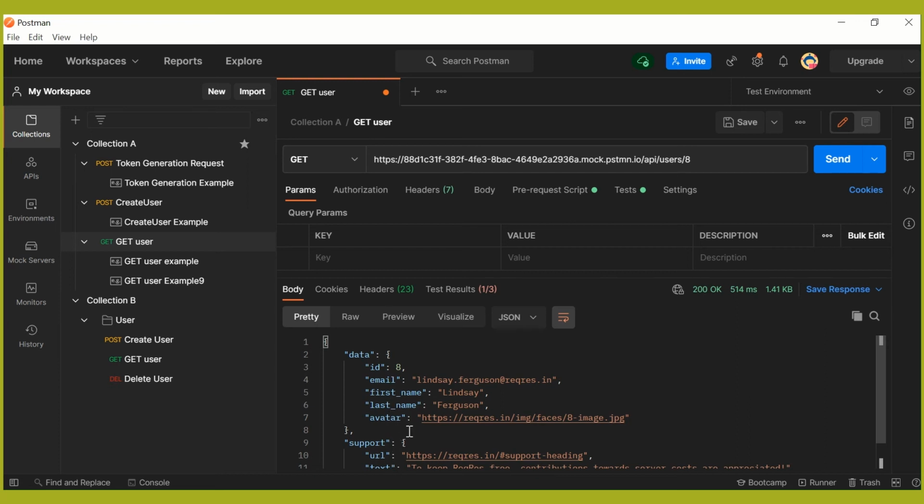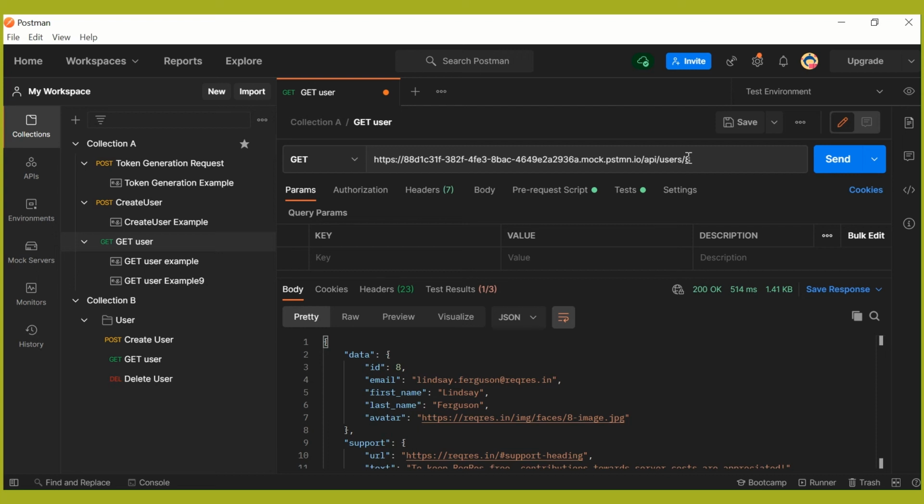You can notice one thing here, that the Postman mock server is intelligent enough to pick the correct example which matches your incoming request. When we sent the incoming request with user ID as 9, it automatically returned the response for ID equal to 9. And when we changed it to 8, it returned the response containing the data for a user whose ID is 8.